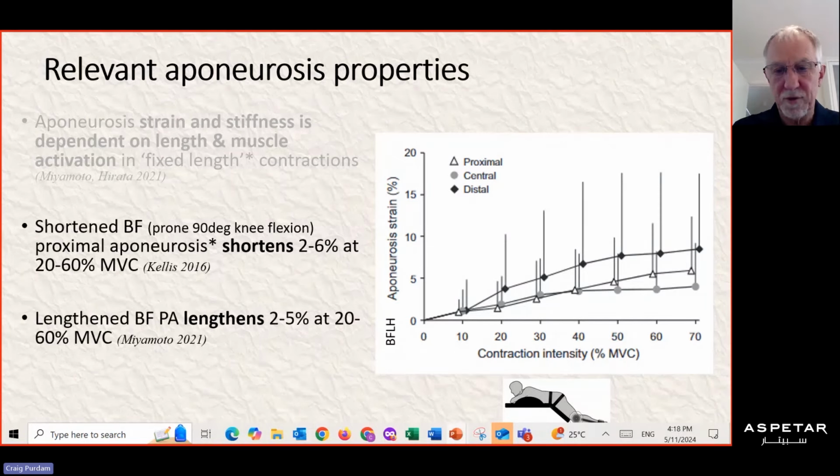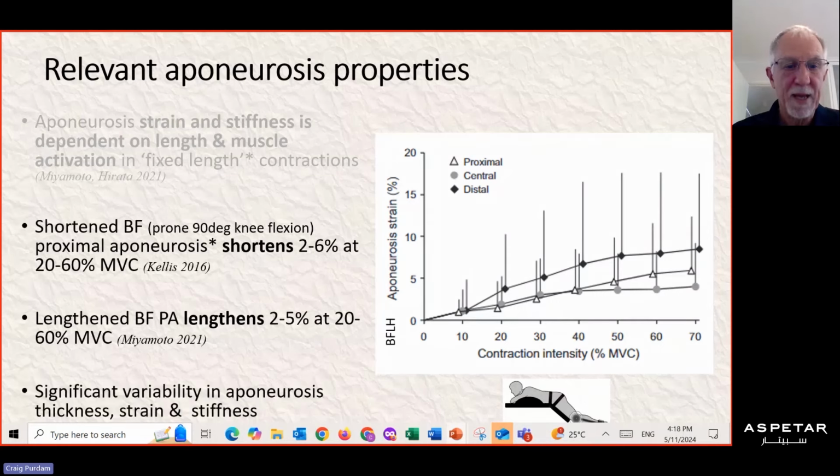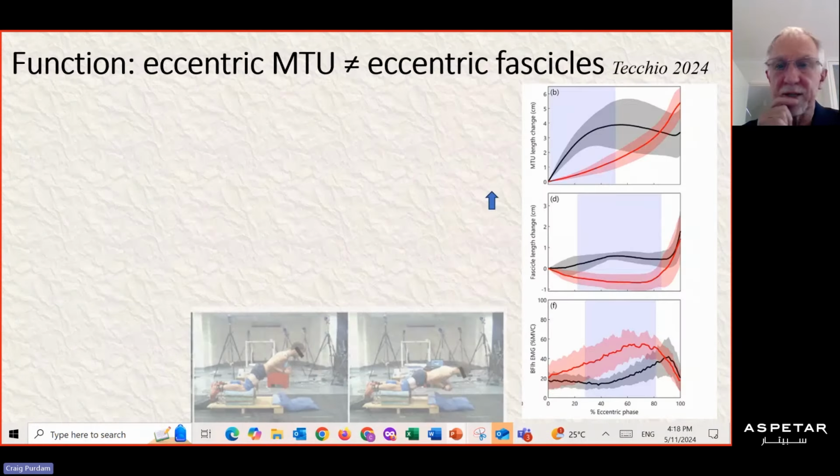And this just highlights what I've described to you before. There's also, if we look across any aponeurosis, significant variability, both in its thickness and thence the stiffness and strain properties. So here's another feature that certainly changed my world somewhat, and this headline, if you like, was from Tecchio's article this year, and many of you may well have read this, to which he led with: well, if we perform an eccentric of the muscle tendon unit,